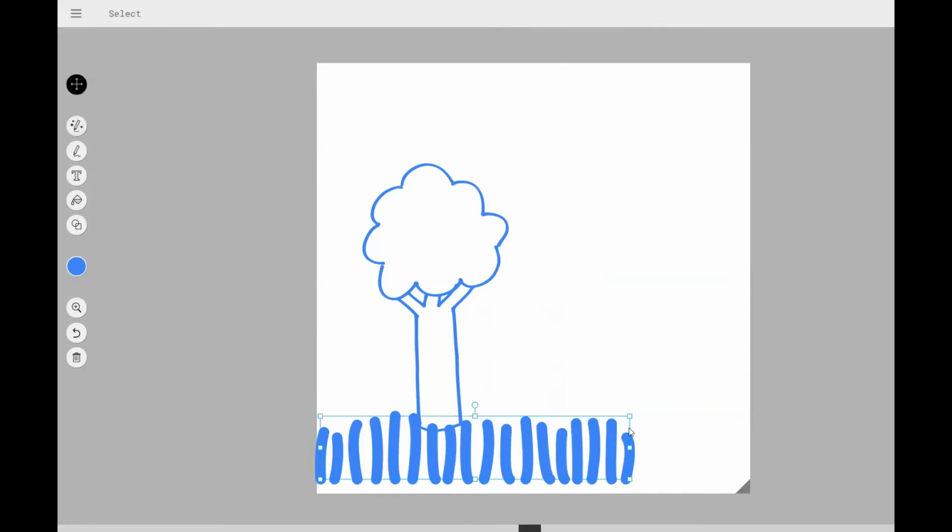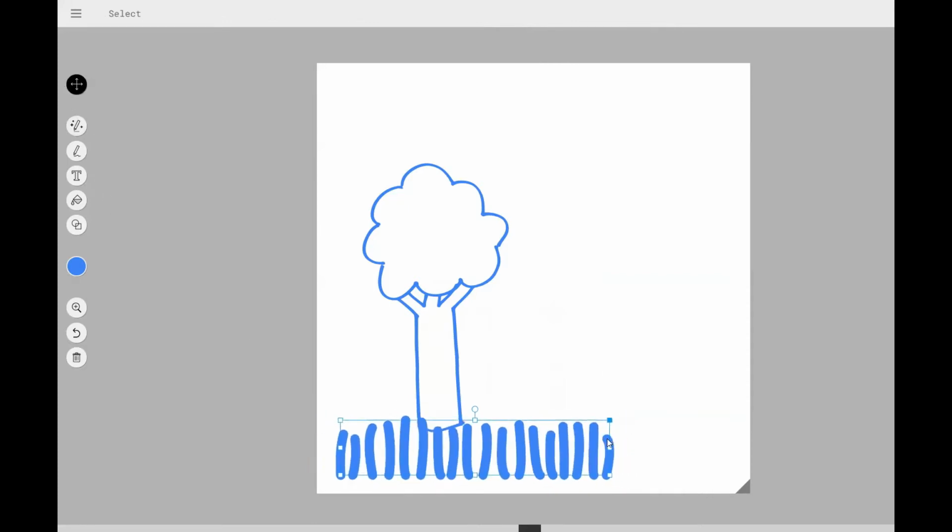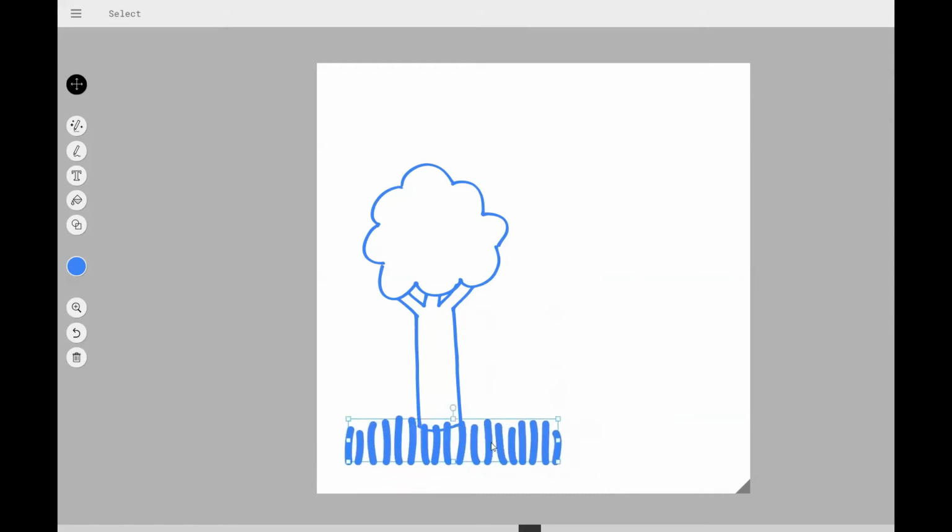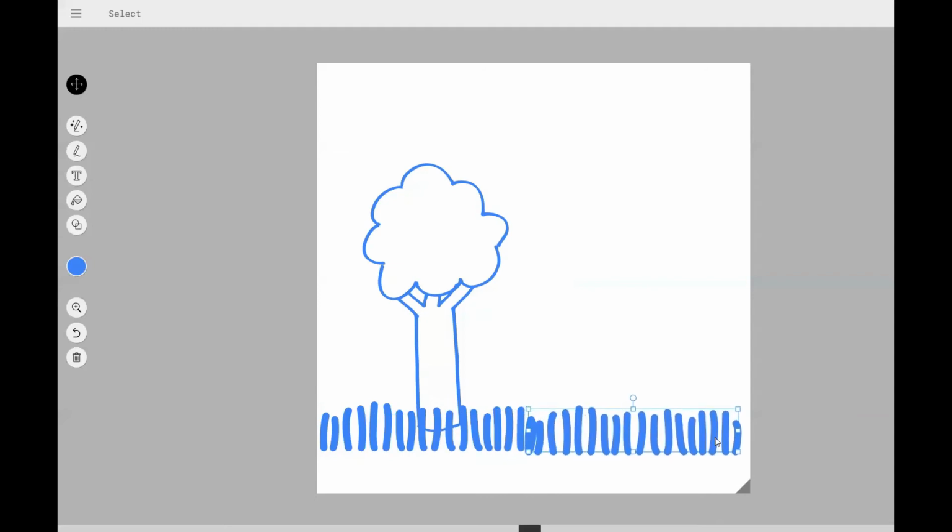And I'm going to use that select button again. I'm going to shrink it down. And I'm going to use a keyboard control. It's called Control C. Control C. And then I'm going to move that other one over there. So now it looks like I've got grass all along the bottom.